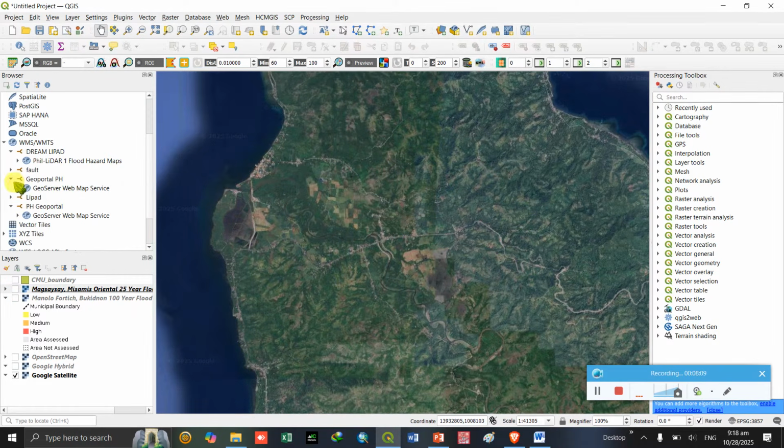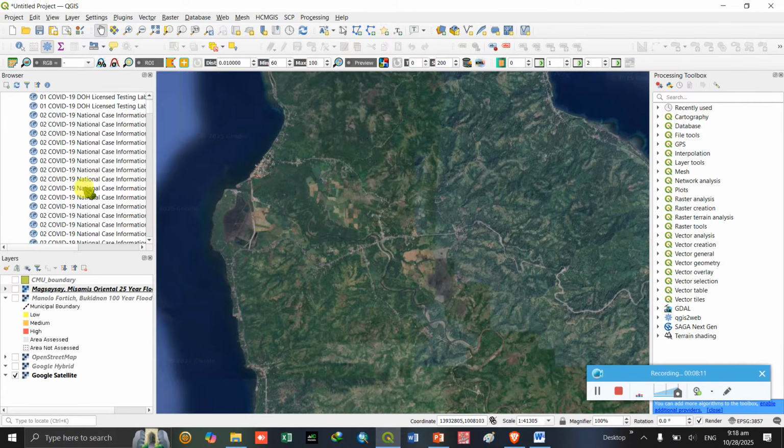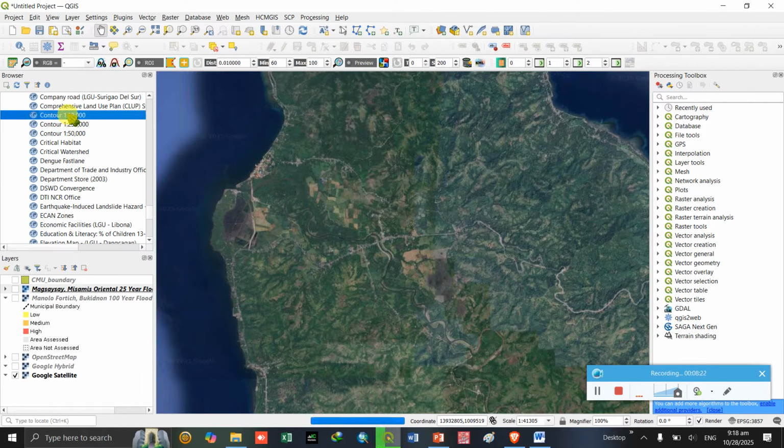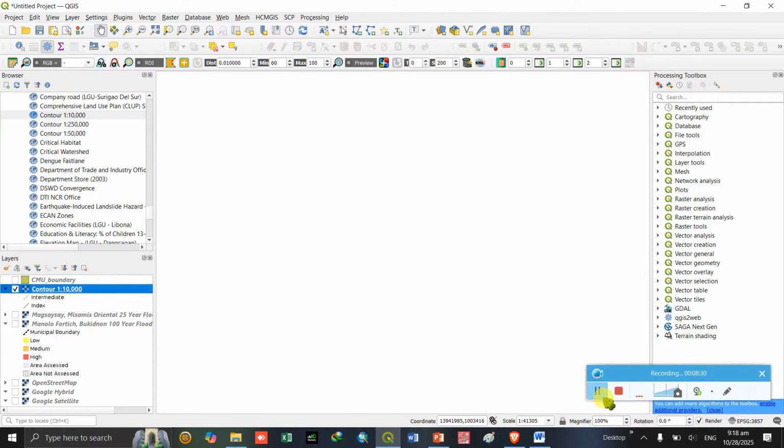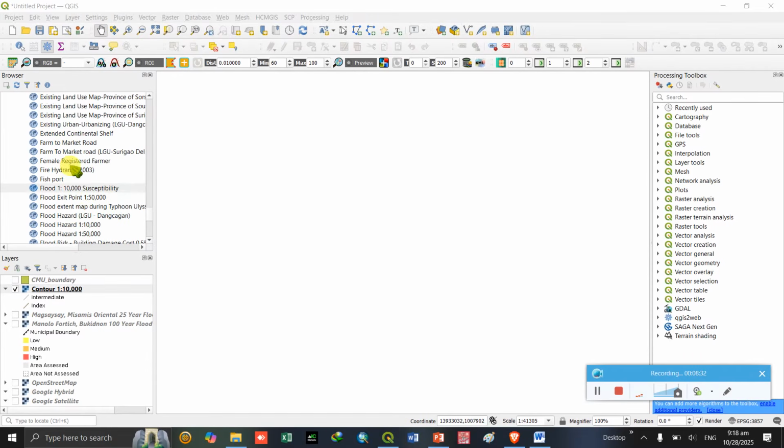We will access the GeoPortal PH, and these are the different data. When we access the contour or something, for the flood susceptibility, we'll check flood susceptibility.